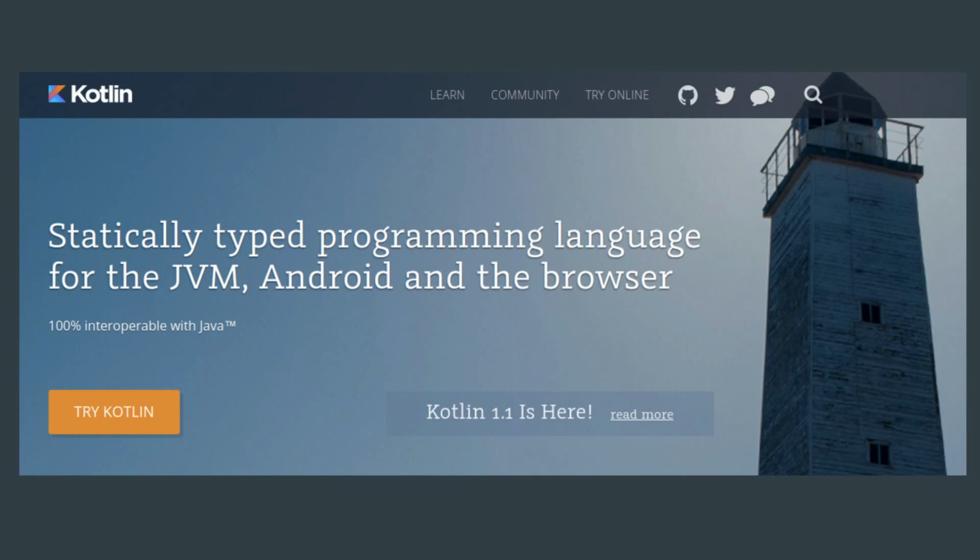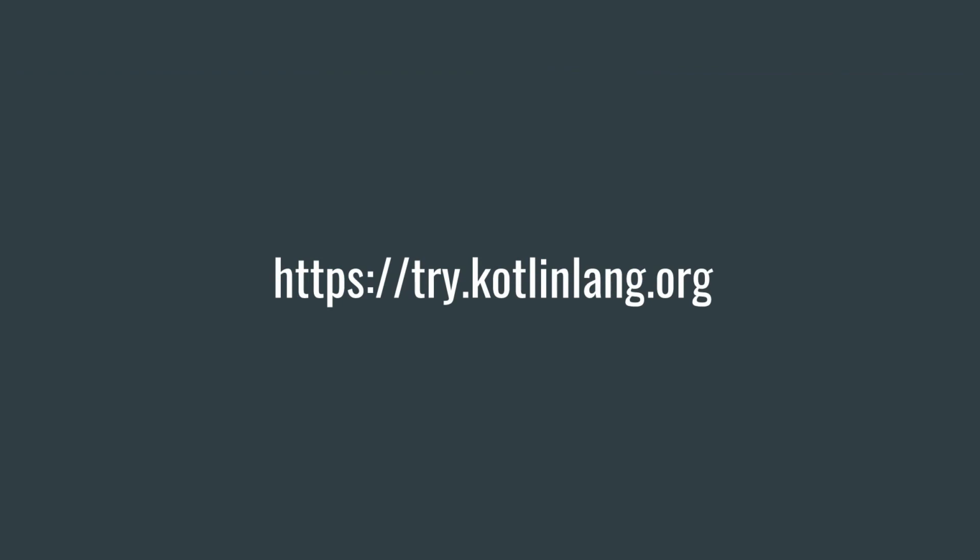So if you like Clojure and you like saying, oh, I write Clojure for my backend and my front end, they want you to be able to say the same about Kotlin. If you haven't tried it, I highly recommend you go to this website, try.kotlinlang.org. It gives you a nice web UI where you can see multiple examples of the language, and it's a very good way to start experimenting with it. If at least one of you comes out of this talk and is willing to go try this out, I'll consider it a success.